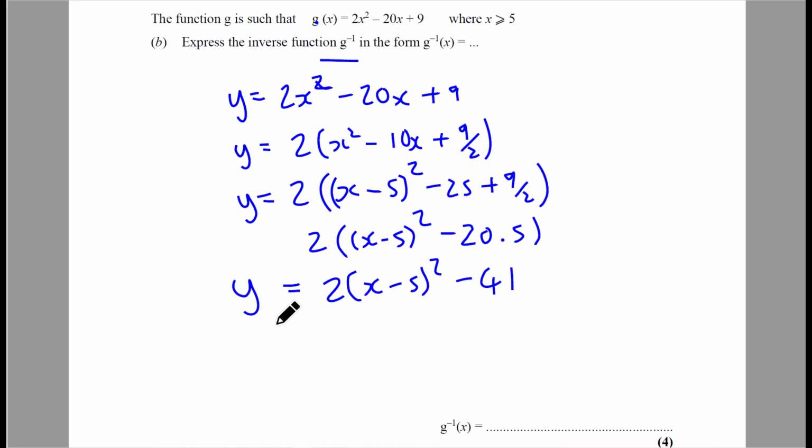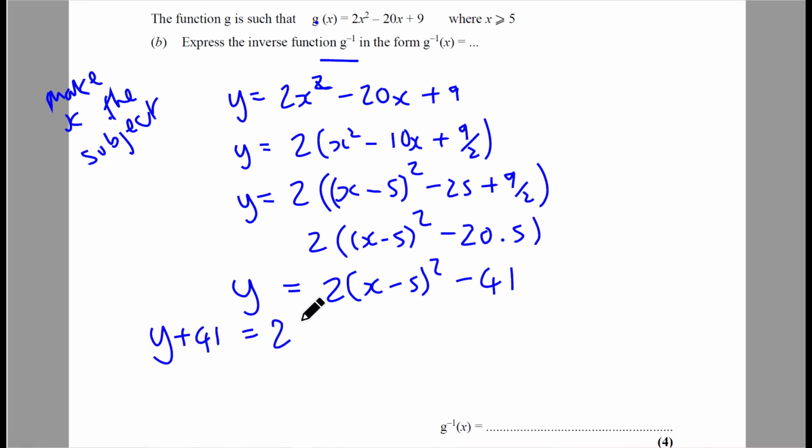And we're going to make x the subject. So remember, we've got to make x the subject. So we're going to plus 41 on both sides. I'm going to write a note here: make x the subject for the inverse, just so you can earn method marks. So we plus 41 on both sides, so we get y plus 41 equals